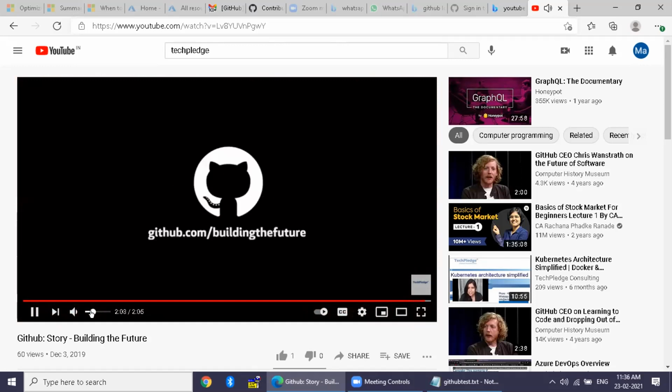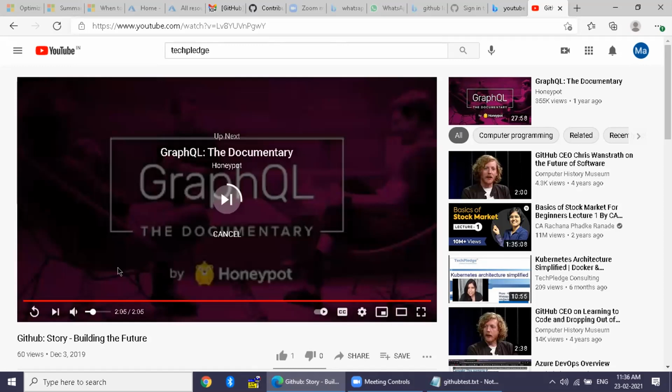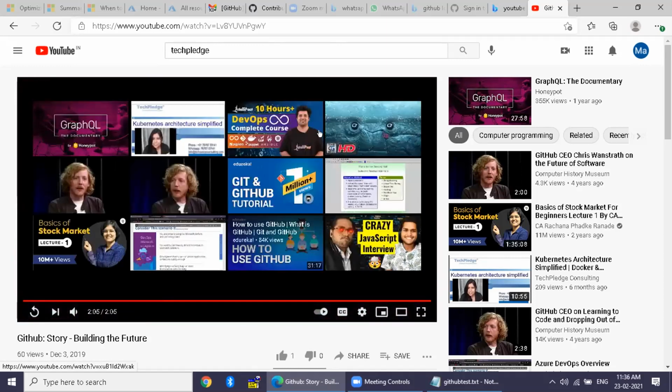So what does GitHub enable? GitHub enables you to collaborate with people, maybe geographically separated. This example shows that one person initiates how they can build software which enables artificial intelligence.